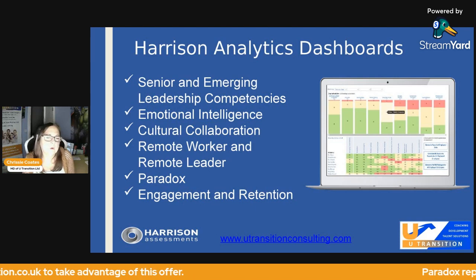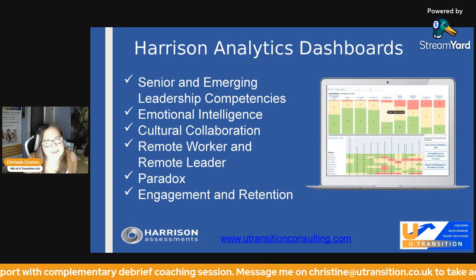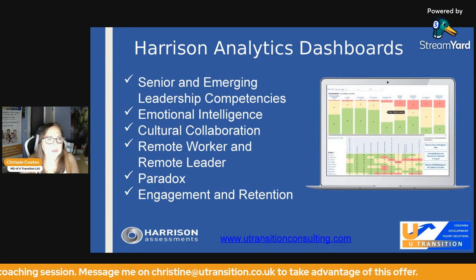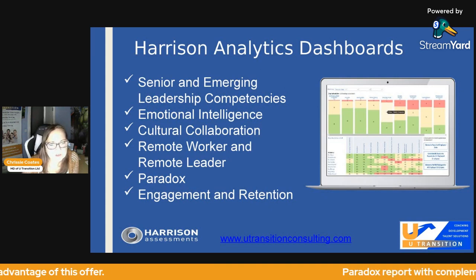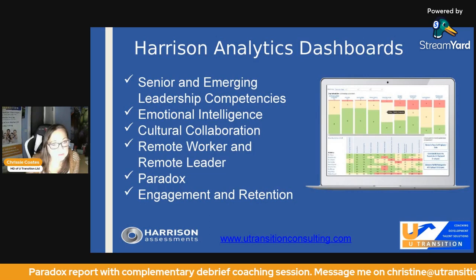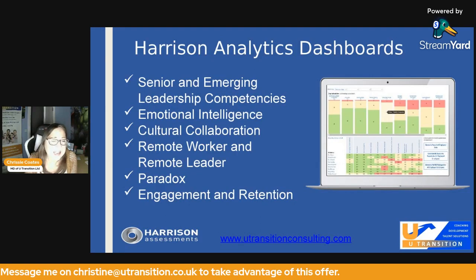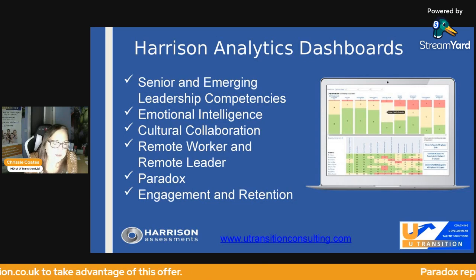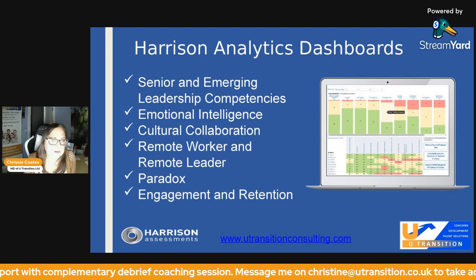So I mentioned that behind this SMART questionnaire and the 175 traits that we measure are these analytics that are being measured. What we have the facility to do within Harrison as well is to collate those on a dashboard. And again, that's another conversation for another day. But because Harrison is such a versatile tool, we automatically capture competencies within that SMART questionnaire. So we can create dashboards by teams, divisions, functions, and an organizational level around senior and emerging leader competencies, around emotional intelligence, team and cultural collaboration, remote worker, remote leader, and as you've just seen, the paradoxical